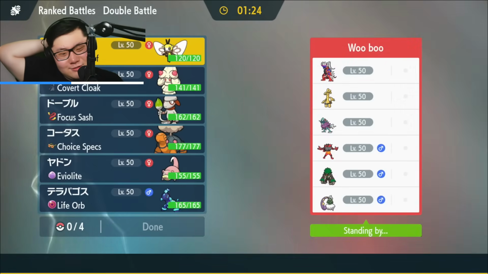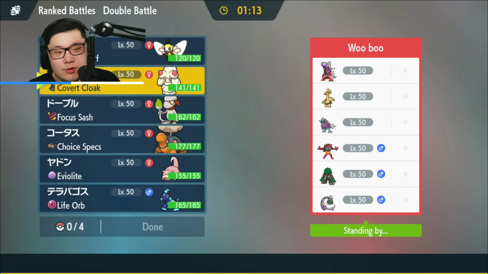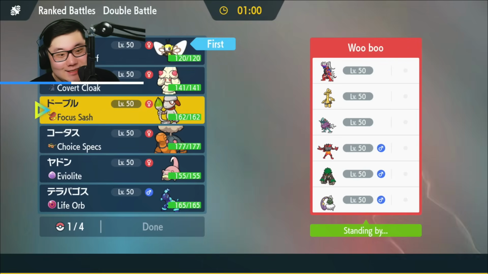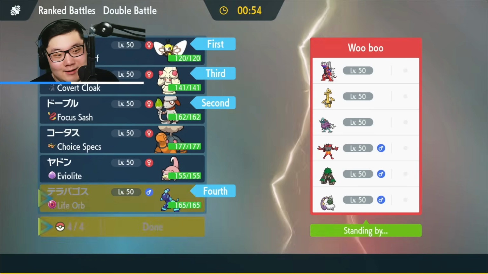Koraidon, Golden Go, Tornadus, the... Oh boy, this is going to be tough. Incineroar, Rillaboom, Walking Wake. So... this is going to be tricky because Koraidon, Flame Charge... Like, Koraidon's already a bad matchup for Terrapagos. But Torn as well... I think I have to lead Smeargle and Ribombee and hope I bring the Alcremie in